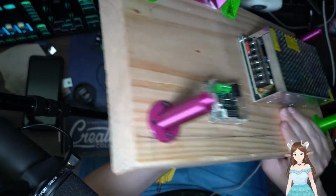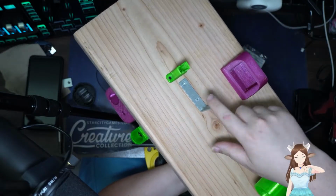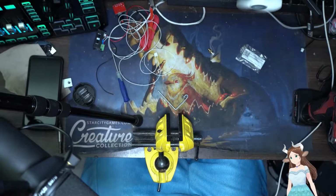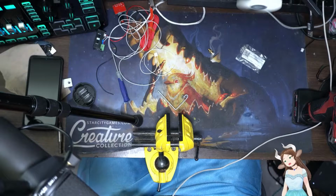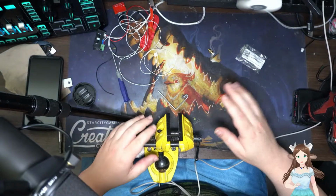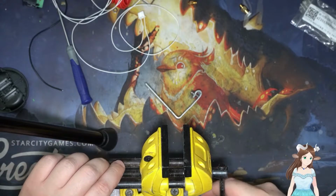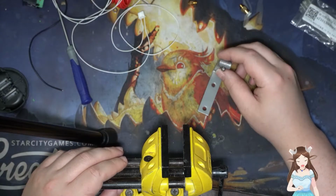Now, what we're going to do today is we're going to replace this piece, which is going to be our heat end, our nozzle, and everything else. So, yeah. So,